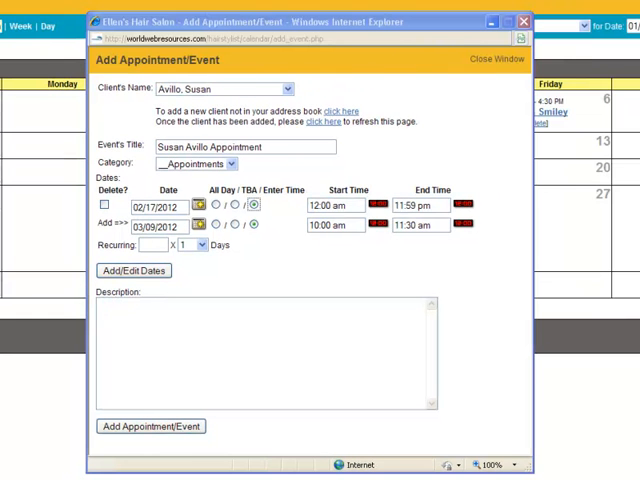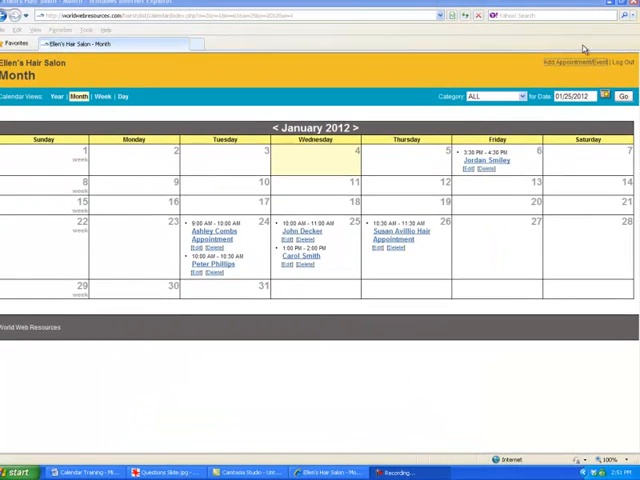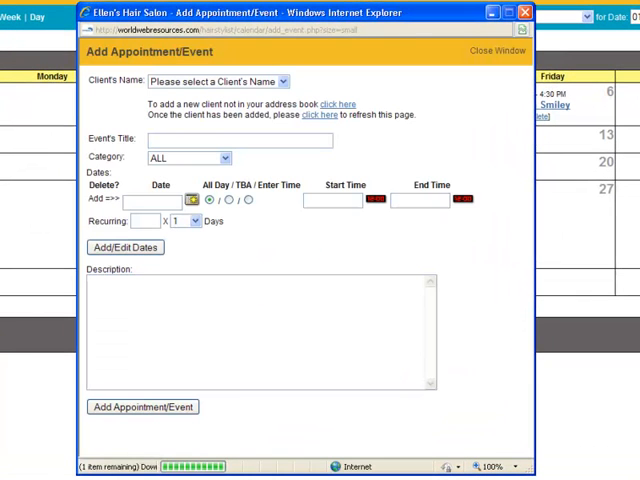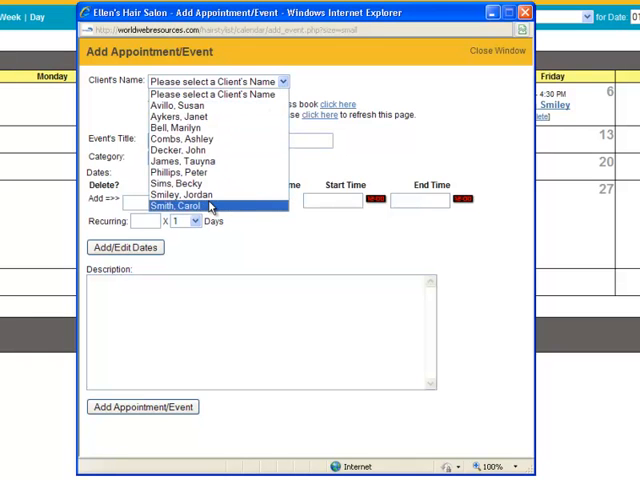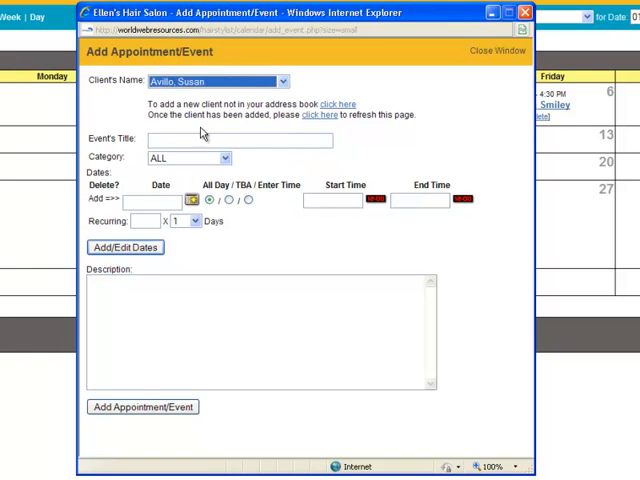Another important feature of the calendar is the events category. Let me go ahead and click out of this. And an event, as I said before, is either a birthday or an anniversary. So let's click on the Add Appointment again. A box will open up. We're going to click and find, let's do the same one again, Susan Avilo. And in this case, it's going to be